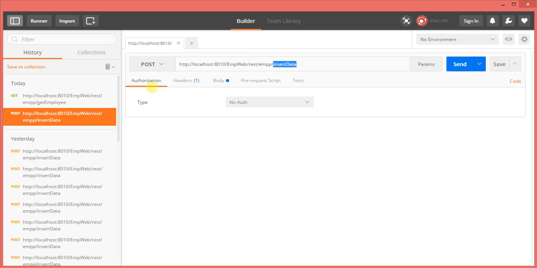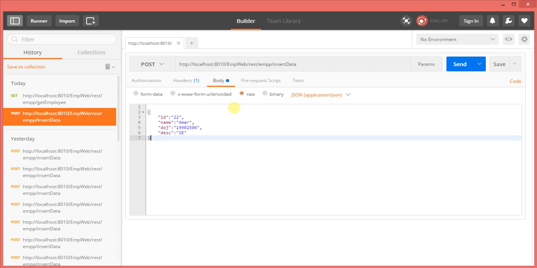Okay, this is authorization, where you can provide authorization to your services, with different types of authorization: OAuth, basic auth, digest auth, OAuth 1.0. And this is the header, and we can provide the content type, whether it is application/JSON, application/XML, or simple text. We can provide all this information in the header section. And body: for example, if you want to pass some big data to your service, manipulate the data there at the service and send back the response.